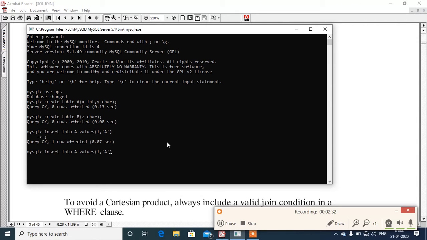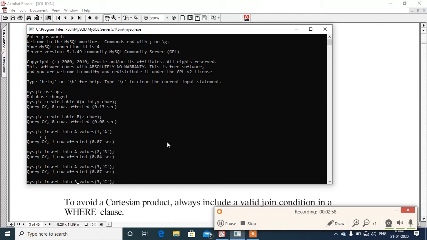Now insert the next value. Here I am writing 2 and 'B', semicolon, then 3 and 'C', and semicolon.